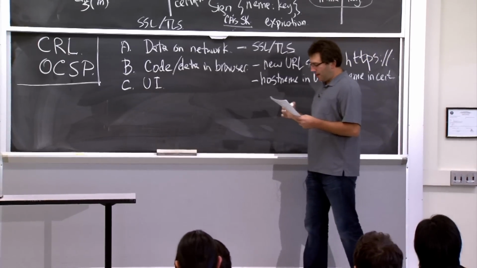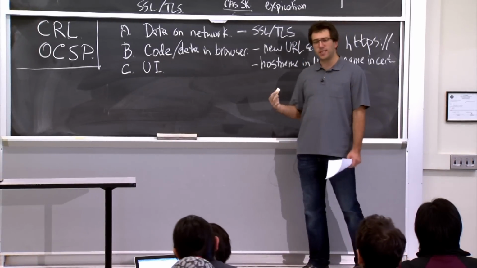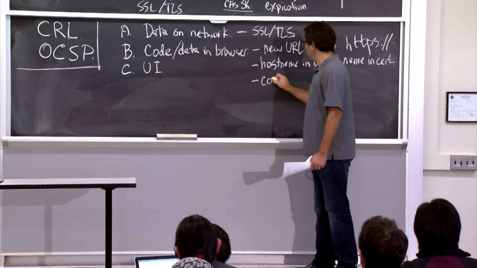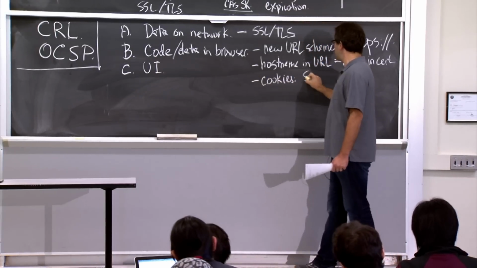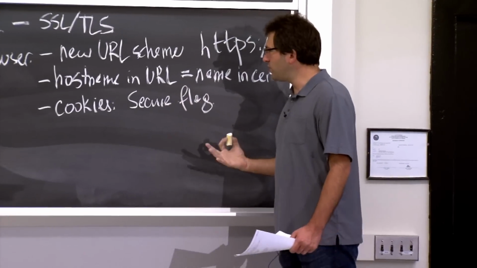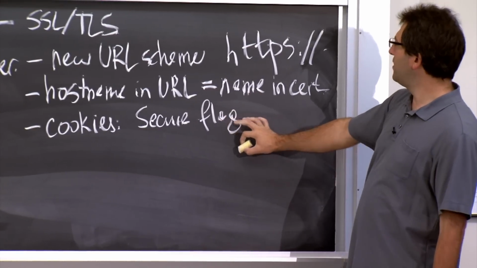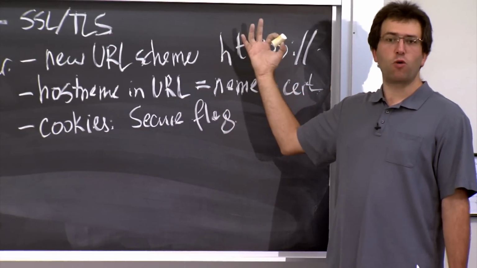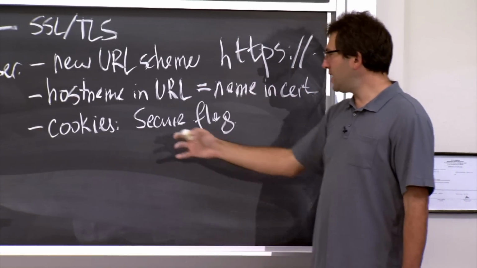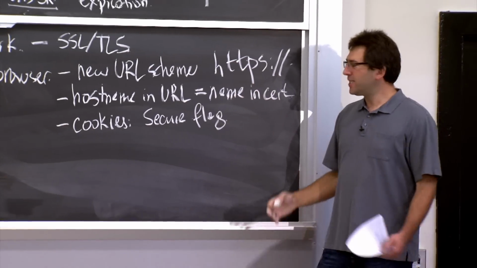And then, as you might remember, cookies have a slightly different policy. It's almost same origin, but not quite. So cookies have this secure flag that you can set on a cookie. The rules are, if a cookie has a secure flag, then it gets sent only along with HTTPS requests. And if a cookie doesn't have a secure flag, then it applies to both HTTP and HTTPS requests. That's a little bit complicated, right?